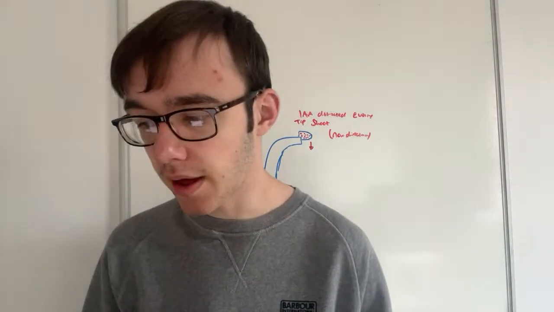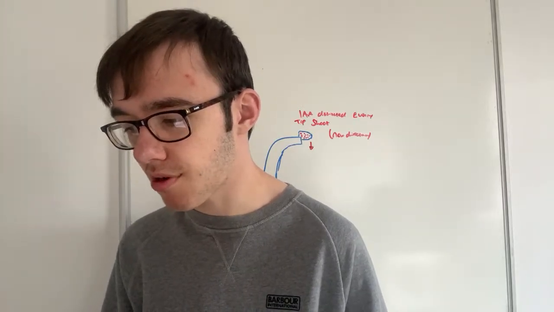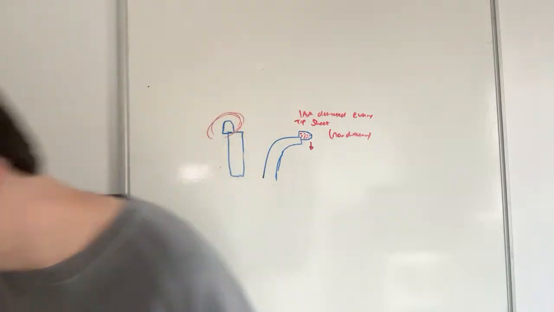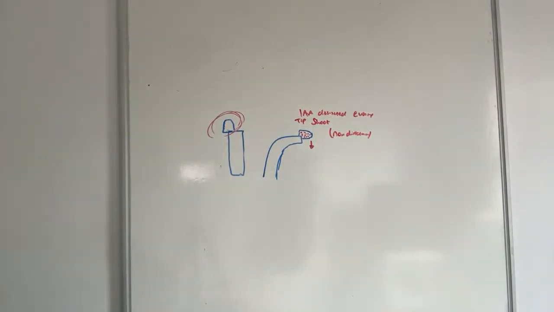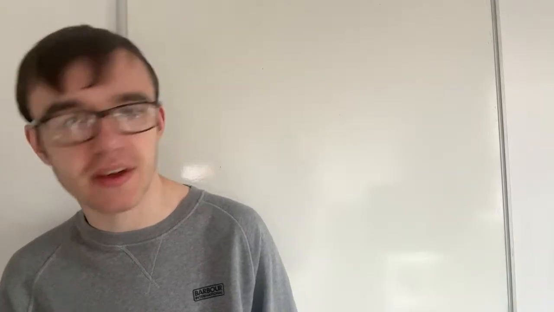Tip produces IAA. IAA diffuses into shoot. More elongation of cells on one side than the other. Wait, no, that is like an unfair explanation, I feel. That feels like such an unfair explanation, because that is literally just explaining what IAA is. You can't just pop up some complex diagram and then expect a grade 1 answer in return.